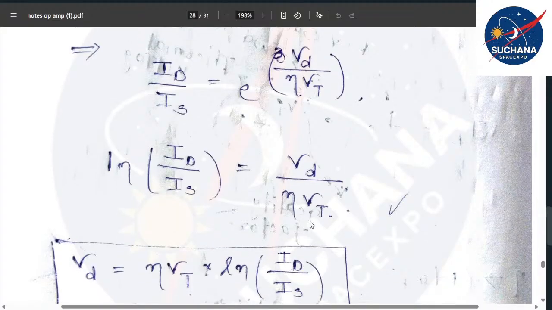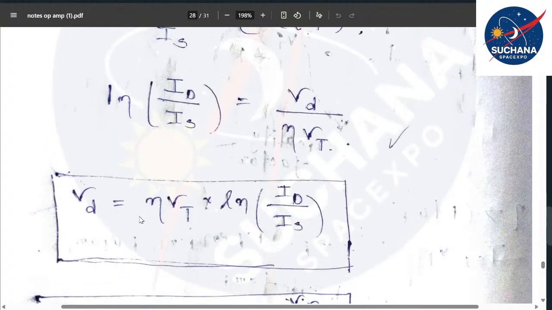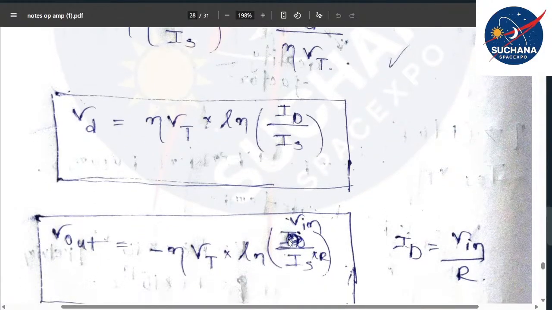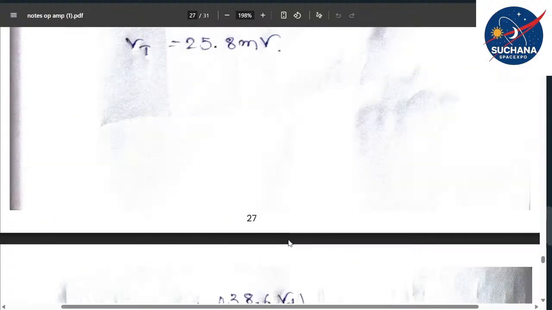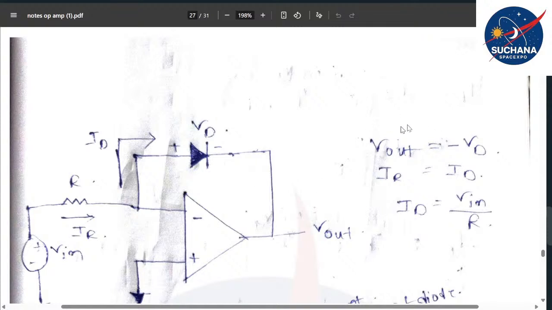Again I'm transferring this neta into Vt from RHS to LHS. Finally we will end up with this particular equation: Vd is equal to neta into Vt into natural logarithm of ID by Is. We already discussed this at the start. I think I have not explained these three parameters, right? Now I'll explain. So first we need to calculate the